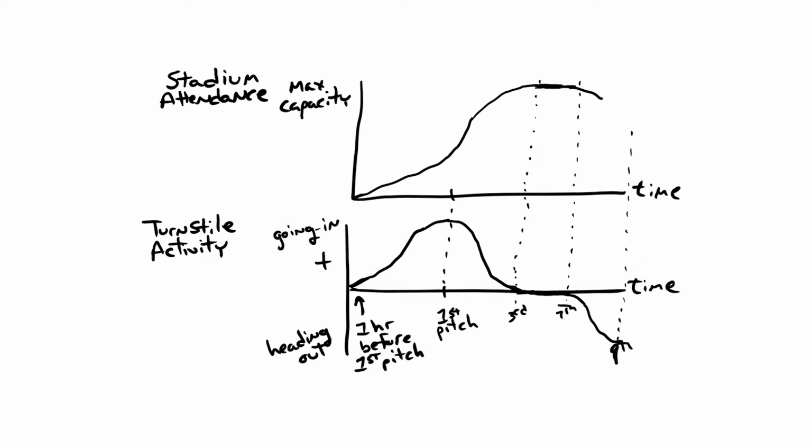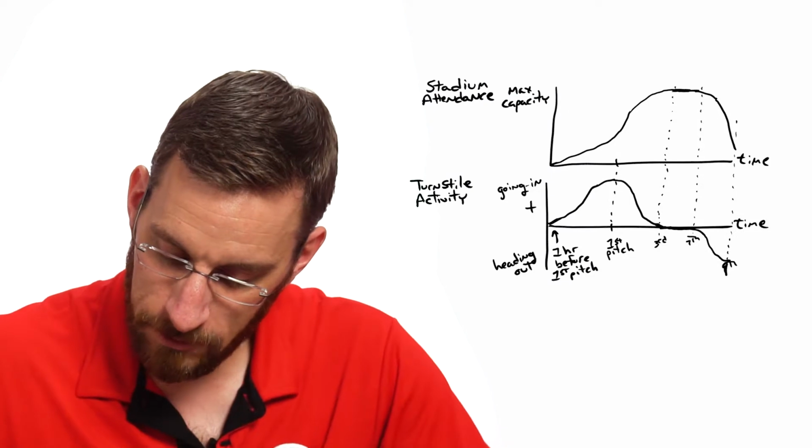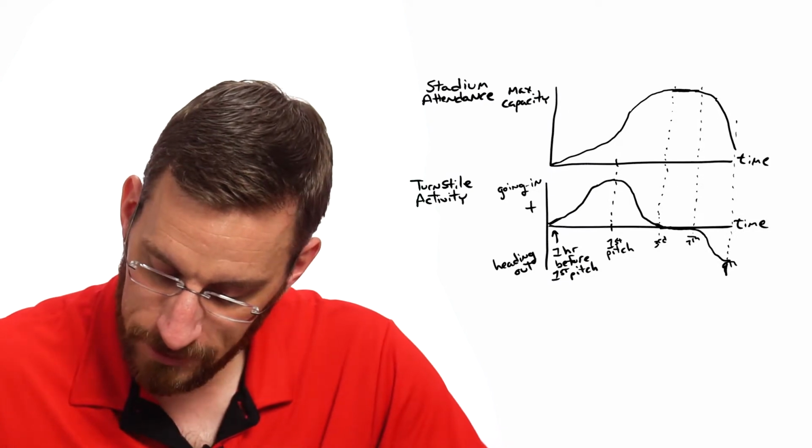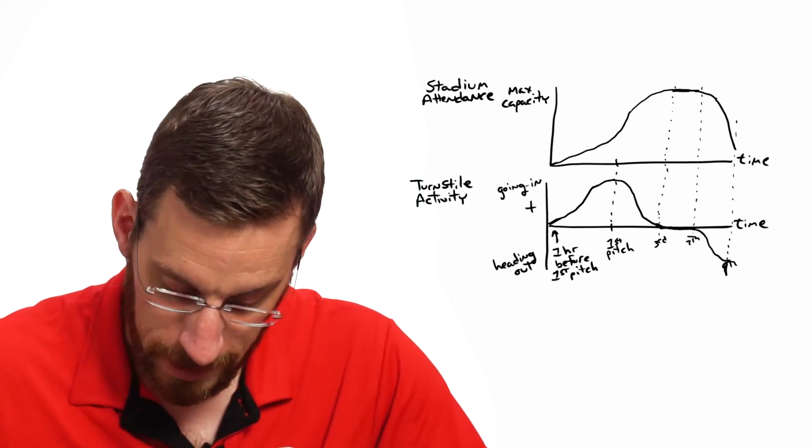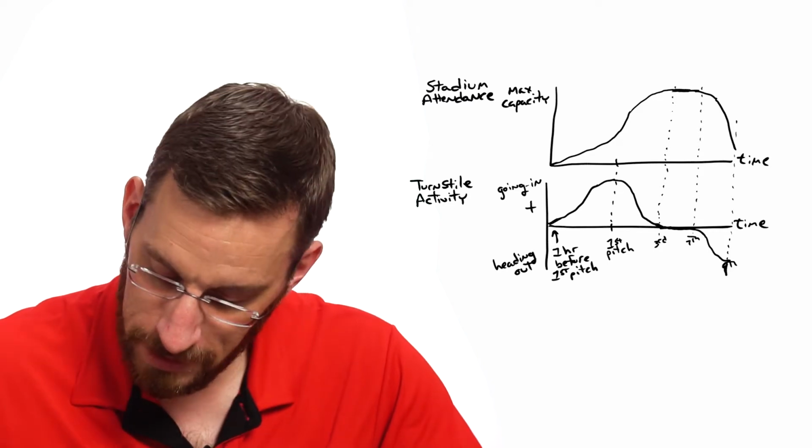The stadium really starts to empty out, so we'll draw that line like this. You have a lot of activity, a lot of people leaving, and who's left are, of course, the diehard Reds fans who showed up early, and now they want to get autographs, they want to get another hot dog, whatever it should be. That's where the rate of people heading out slows down, and so that heading out turnstile activity